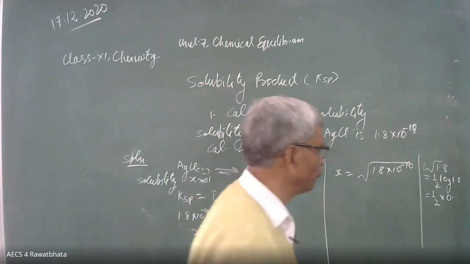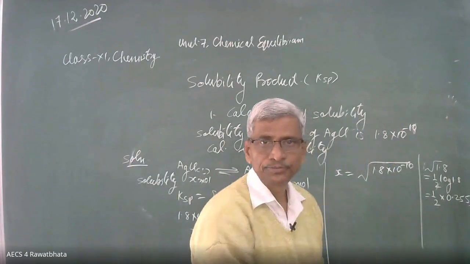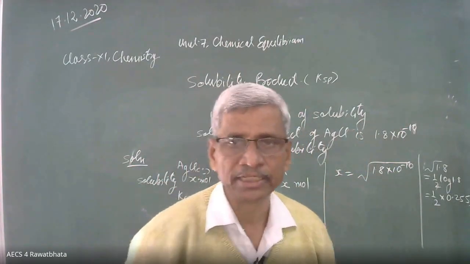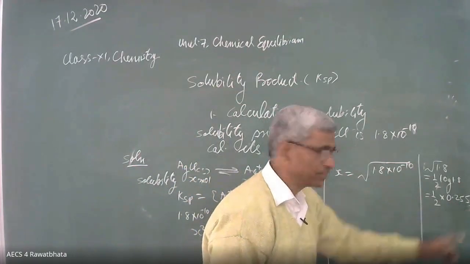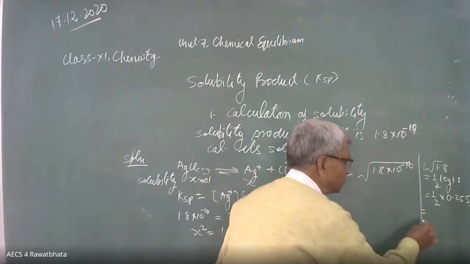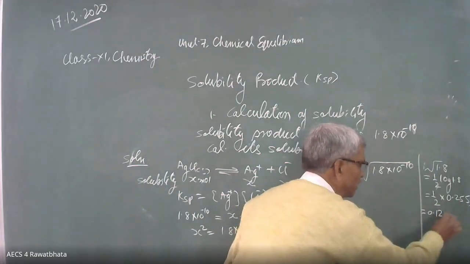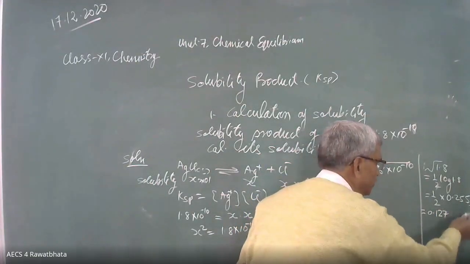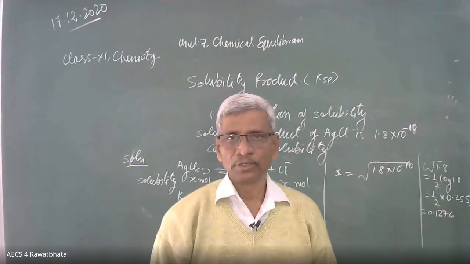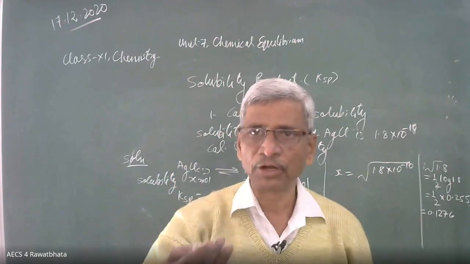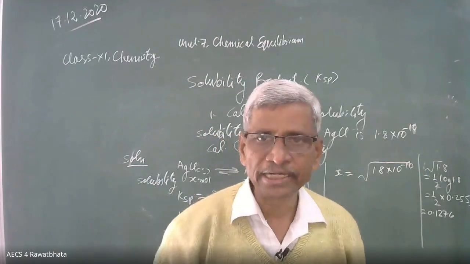2553. Tanmay, yes beta, 2553. Is it visible to you? Yes beta, 2553. Yes, correct. This is equal to 2553, divide this by 2. 0.2553 divided by 2 gives 0.1276. Because the log was introduced from our side, its answer we will get from the antilog. We have to see the antilog of this.